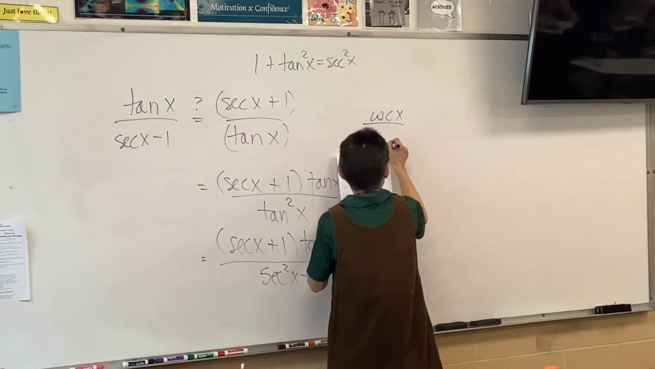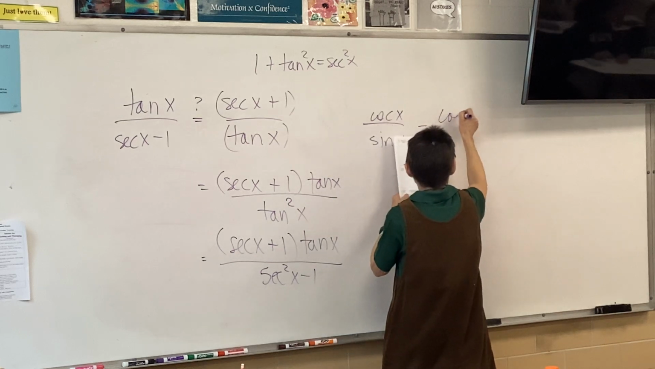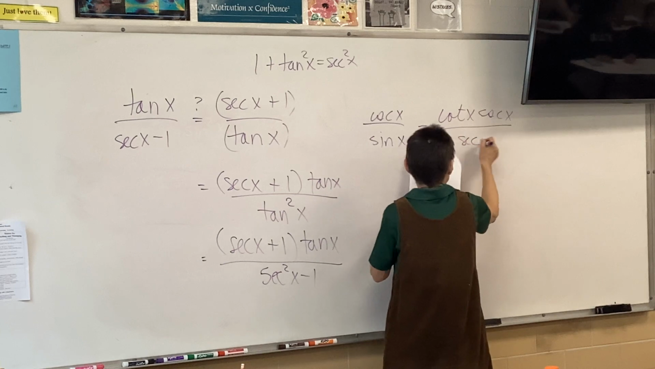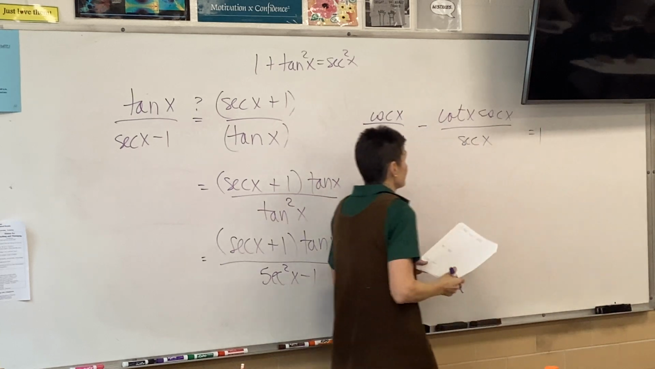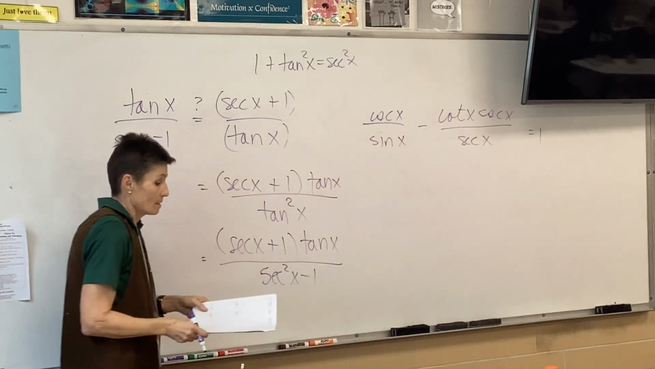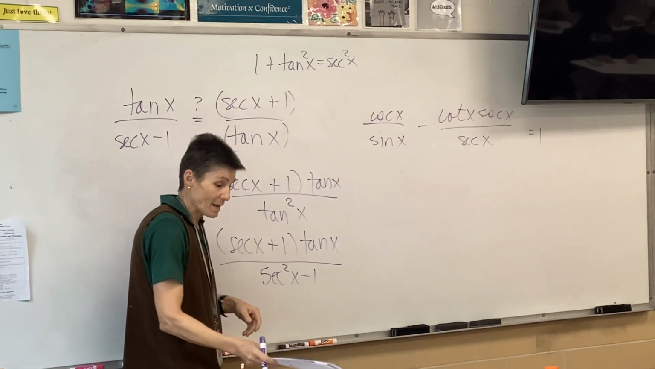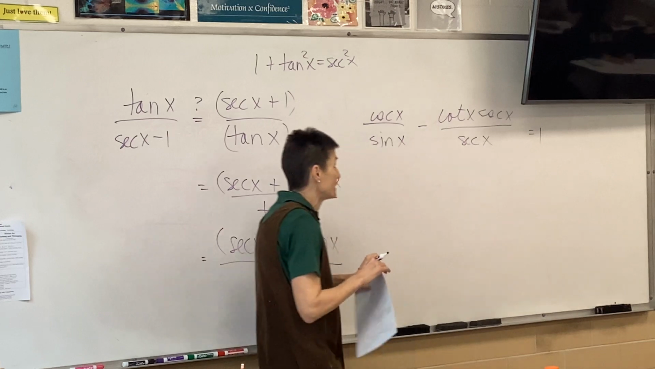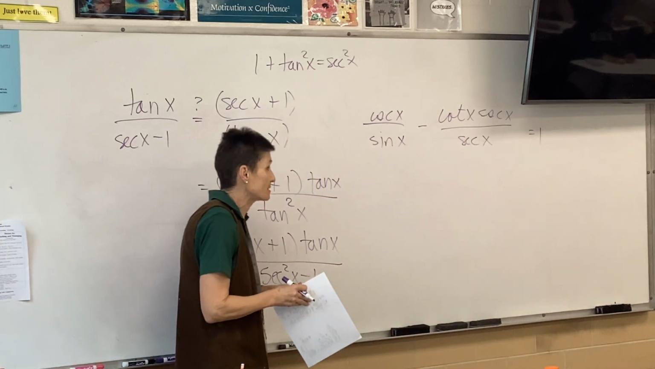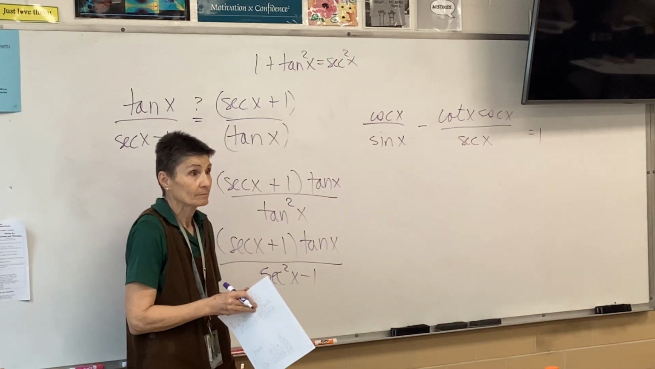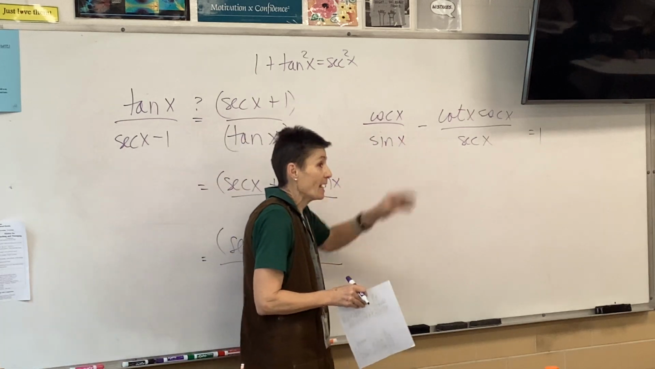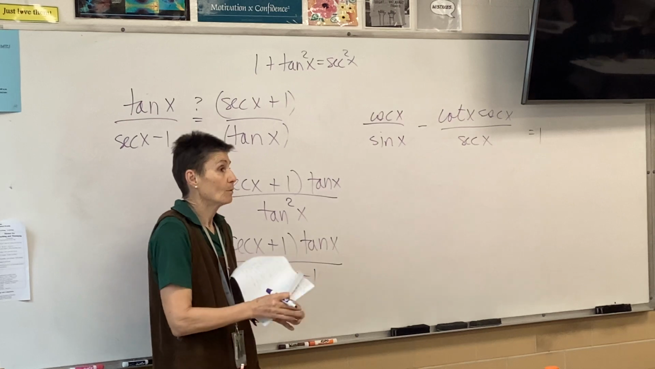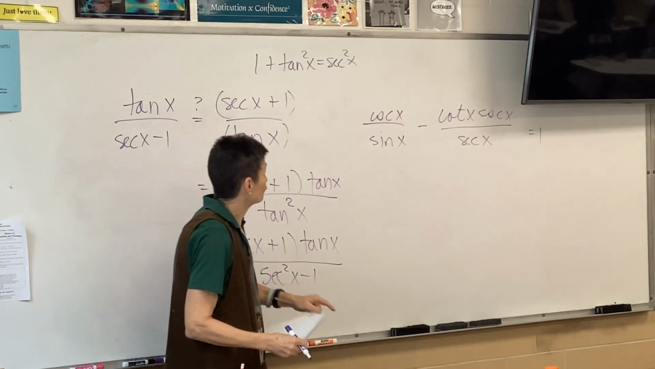Cosecant over sine minus cotangent cosecant over secant equals 1. So, basically what has to happen in this problem, would you agree? What has to happen is everything's gonna cancel out. All this mess has to just boil down to 1. Okay? So,